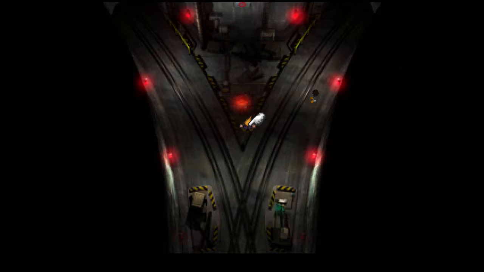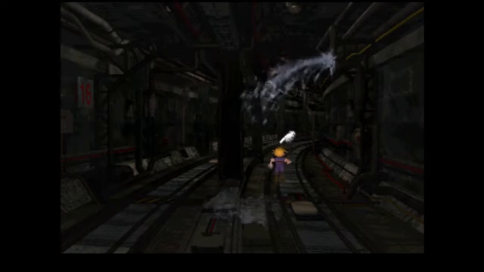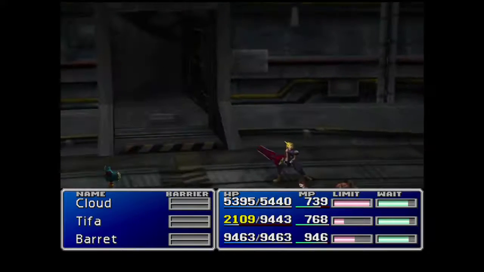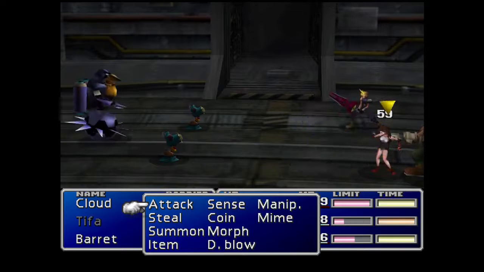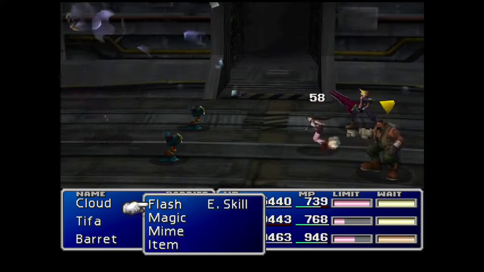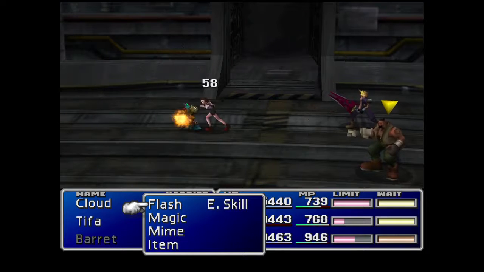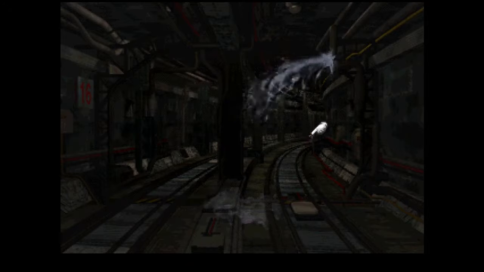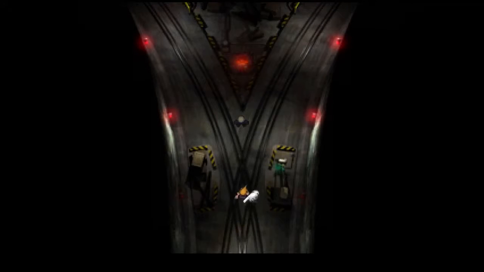Alright. Go back to where you fought the Turks. Go right till you reach a dead end. Go right. Backtrack one screen, and take the left to reach the Shinra building. Yes, we have to go back to the Shinra building. This part will be a little bit dull, but we're gonna get some pretty good items here. Some very good items. Not quite as good as W item, but...